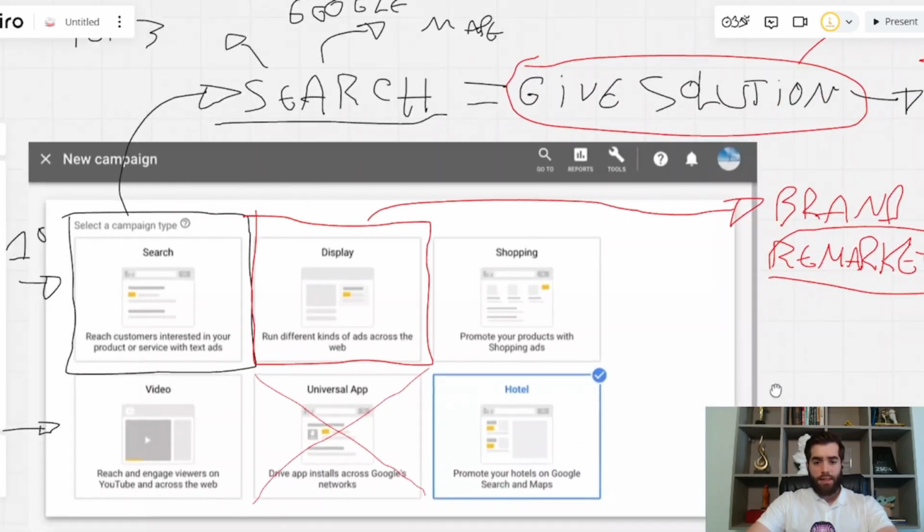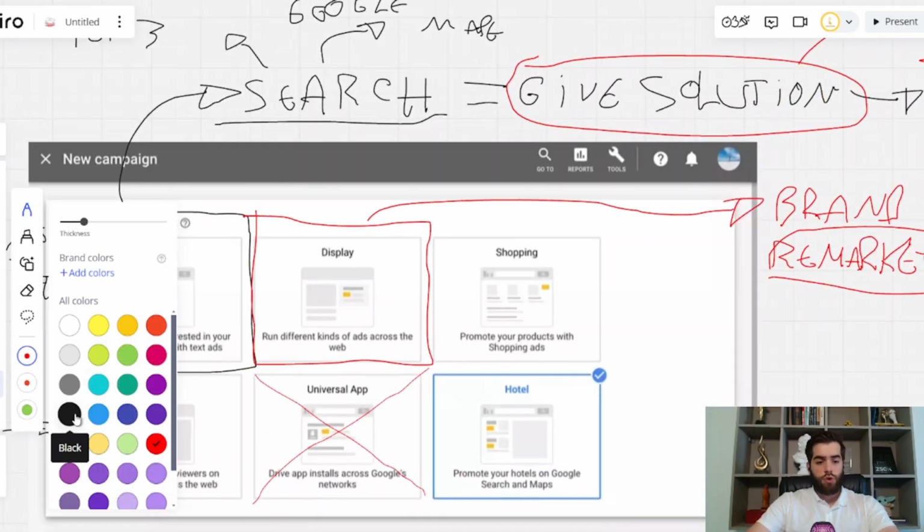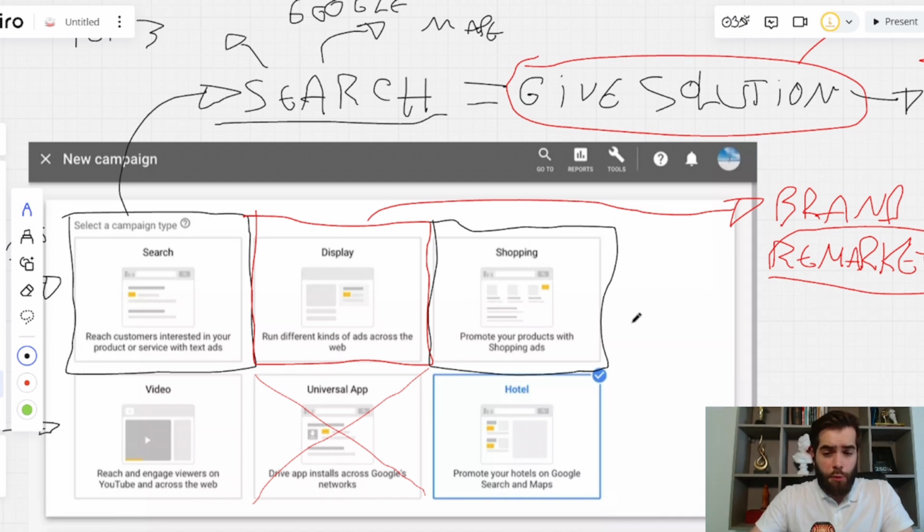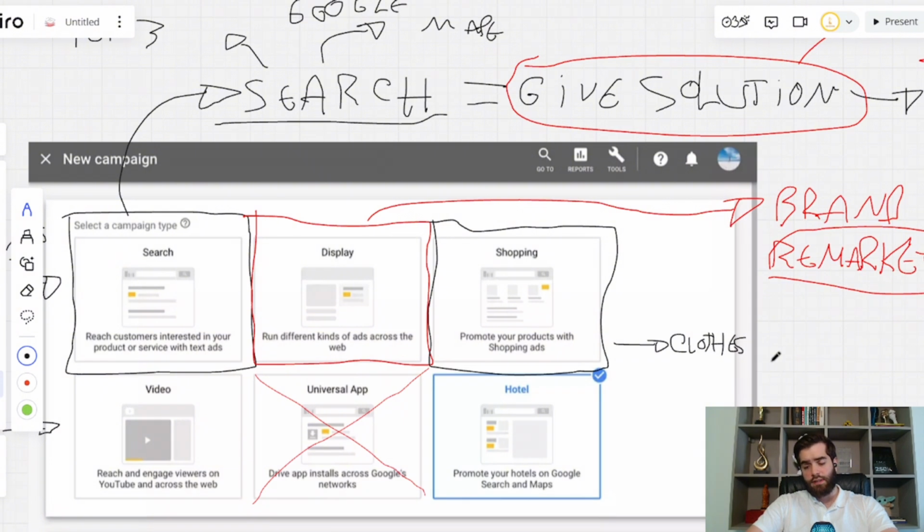The third campaign that we're going to talk about is shopping. It's only for businesses that sell products. You can try to be tricky and use shopping campaigns to sell services, but it's more complicated. And in a lot of cases, shopping campaigns are related to products, such as shirts and clothes. You cannot sell food like pizza, or services like restaurants and that stuff, but you can sell